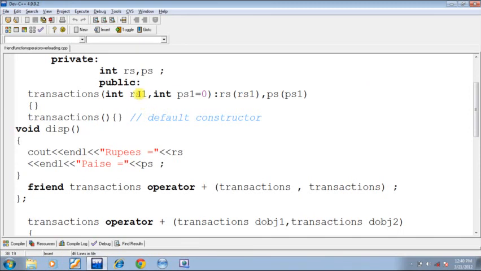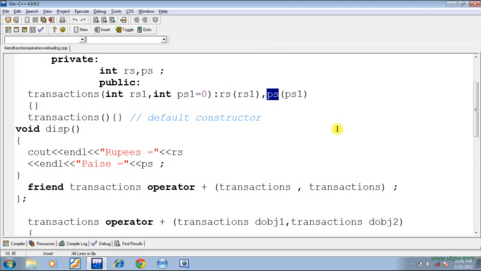This 5,000 value will be put into the formal parameter rs1, and the formal parameter ps1 is going to be assigned the value 0. Later I put the value of formal parameter rs1 into instance variable rs, and the value of formal parameter ps1 into ps.